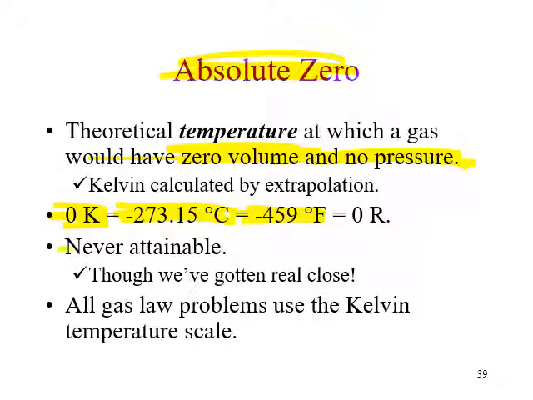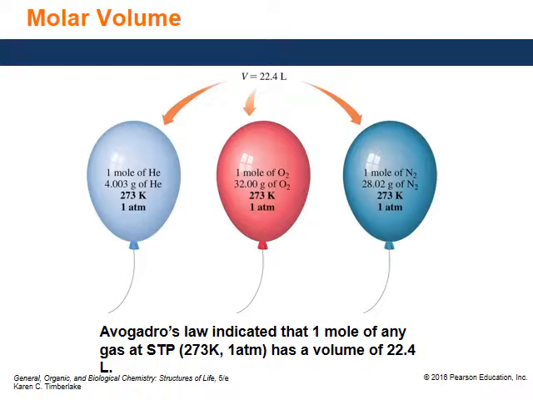This temperature is never attainable. It is so low that it can never be attained. We can never reach close to this temperature. If we did reach close to that temperature, that means gas would have no volume, no pressure, which means basically the world is not existing. Nothing is going to behave like normal. So this temperature is so low that it cannot be attained. So this is called the temperature of absolute zero.